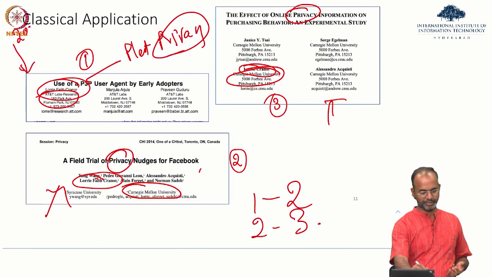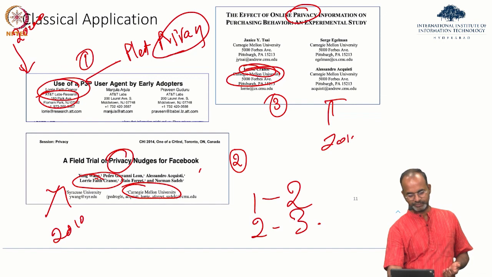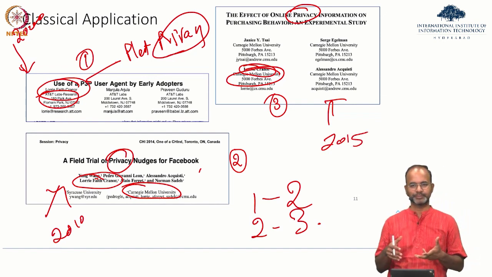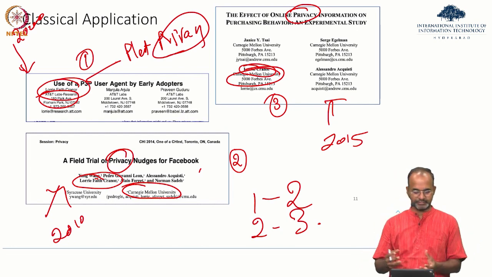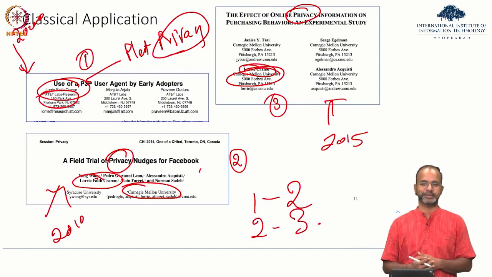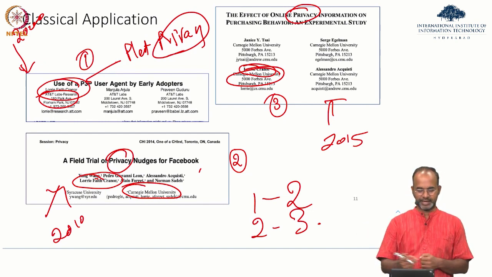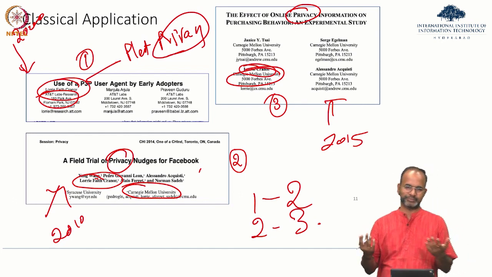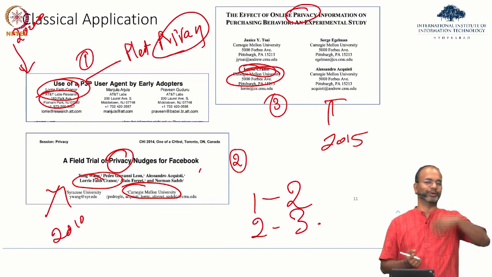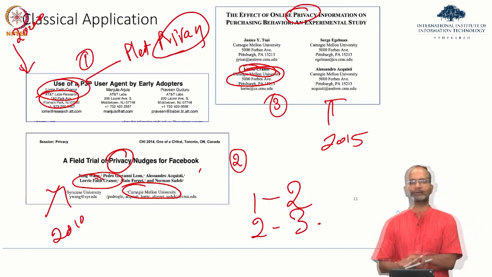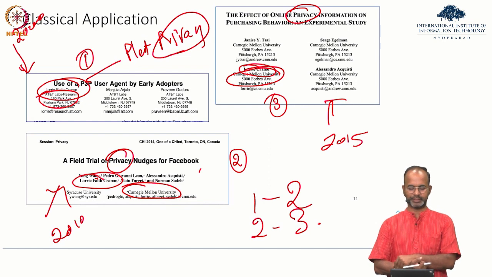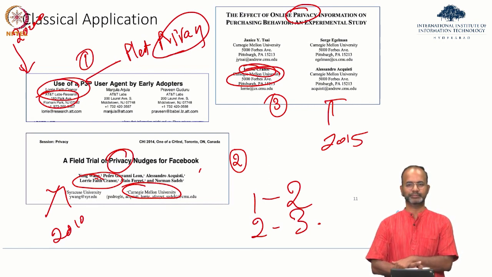This must have been in probably the early 2000s. This must be 2010 or something. This must be 2015. So if you have the temporal information also, you'll be able to say that, I think earlier the association was AT&T, and then she moved to CMU, and then at CMU, she's been working on privacy, and these two papers have CMU affiliation. Probably it's the same person. And you can look at other information, like other articles that she has written with AT&T that are very similar to privacy here, and all that. So this is a classical identity resolution problem.